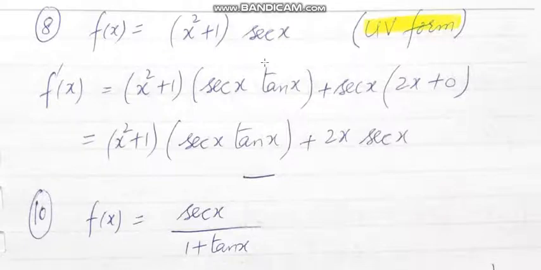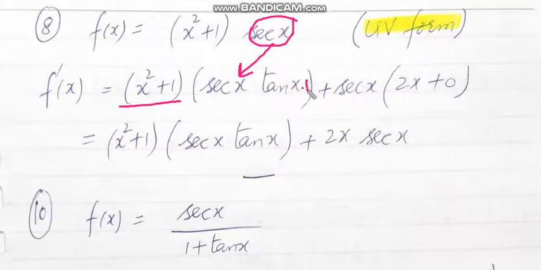Find the derivative of (x square plus 1) and secant x. Again it is the product of the terms, so we apply the UV form. We apply x square plus 1 as it is and the derivative of secant x. The derivative of secant x will be secant x tangent x, and the angle here is x, so its derivative will